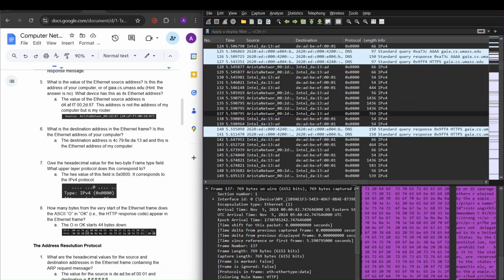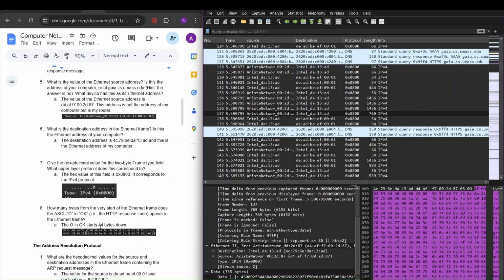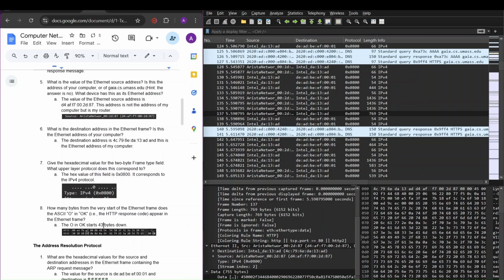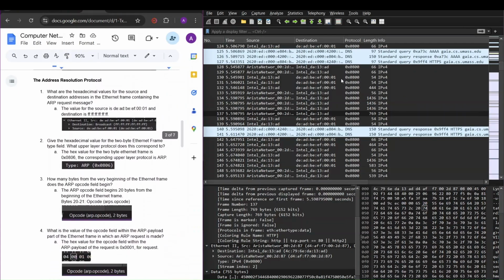It's not showing it here, but I know when I did it, the OK was right there, and it started like I want to say it was not 44 bytes down, but more like around 430. 430 bytes down. Yeah, and then moving on for the address resolution,